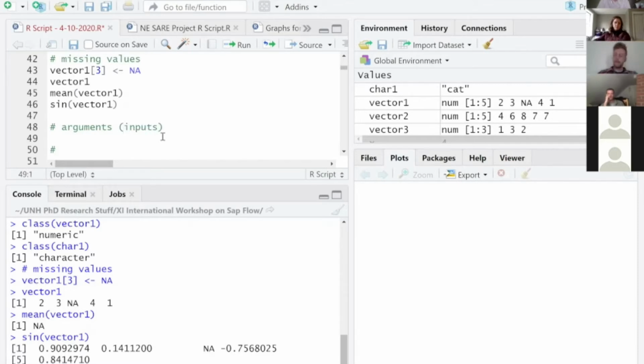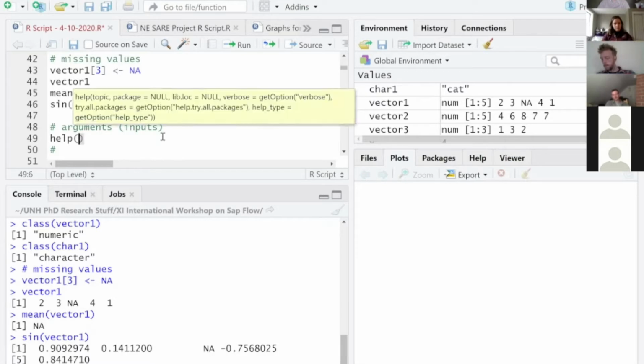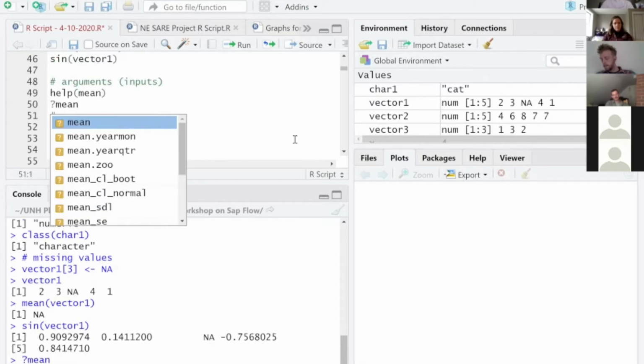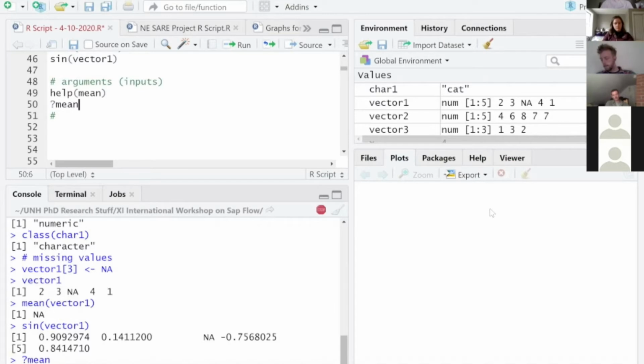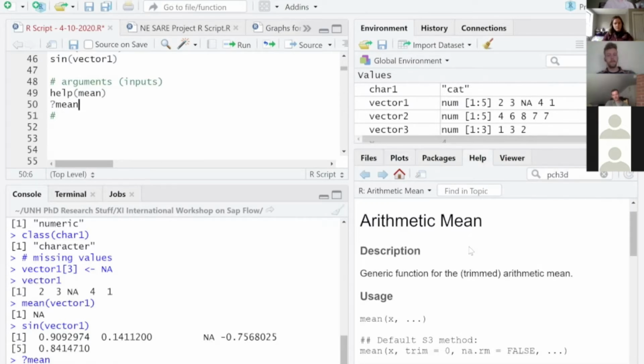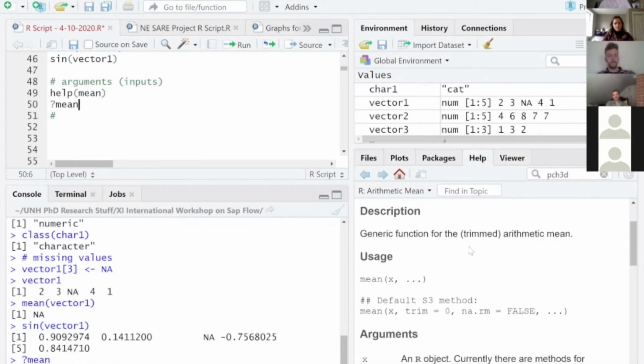So a really handy way to find out more about a function is to use the help information, I guess the help page for a function. So you type in either help and then the function name, or equivalently, you can type in question mark and the function name. And now for the first time, we'll be looking down in the lower right of this screen. Hopefully you guys can see that. So here it's going to tell us all about the mean function, everything we could possibly want to know. Now I want to direct your attention to